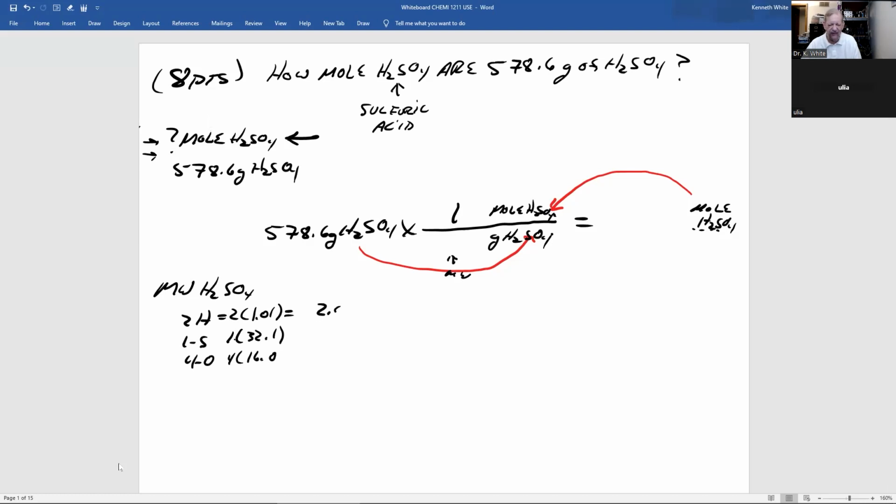Now this is 2.02, 32.1, and 4 times that would be 64.0. We add it up,